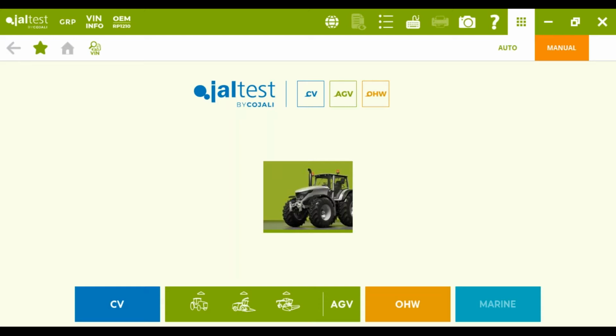The goal of this webinar is not to compare both tractors from a selling point or something like that. We're just trying to let you know some differences and similarities in terms of the diagnostics, just to show you that Jaltest diagnostics, the multi-brand leader diagnostic in the industry, can cover both. Not only cover, but providing our users with the full diagnostic capabilities to work with these two models,